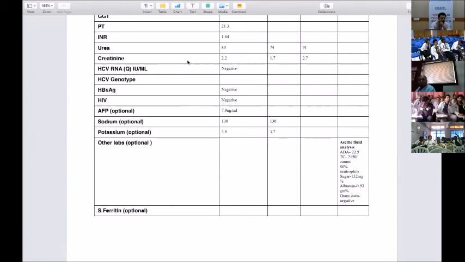What specific thing do you want to know about this patient? Basically, it's a case of cirrhosis, alcohol use disorder with the last intake of alcohol around 6 months back, and has currently decompensated in form of jaundice, ascites, and current issue is he's having SBP and worsening kidney injury.